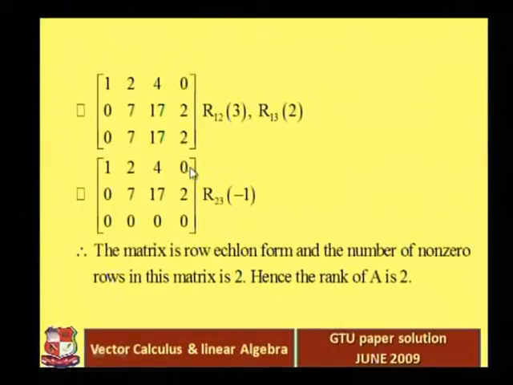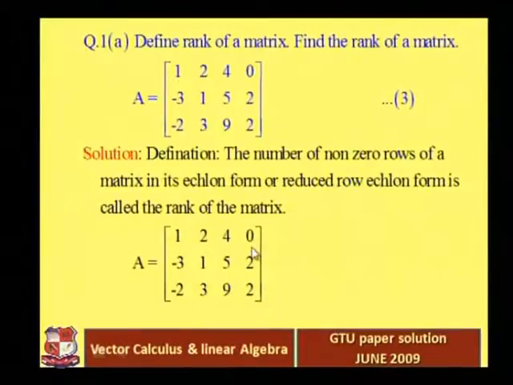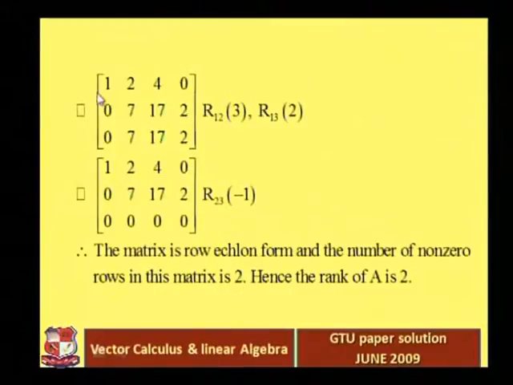Okay, and in the next process we have to multiply the first row with 2 and add it into the third row. So you can see 0, this is 2 into 2 is 4, 4 plus 3 is 7, 4 into 2 is 8, 8 plus 9 is 17, and 0 into 2 plus 2 is 2. So again you will get 0 7 17 2, right? Okay, so this is our new matrix.